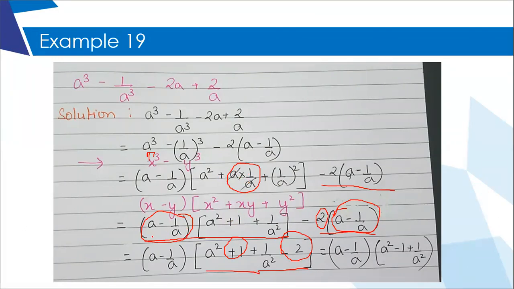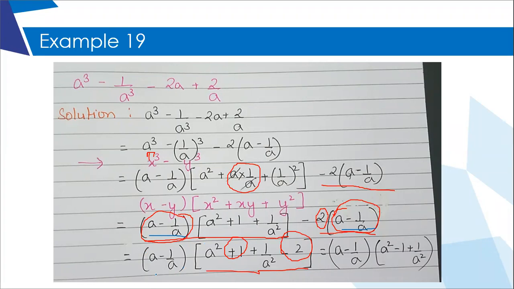And then from the first term, that is this circular bracket and this square bracket, the complete thing becomes the first term, and minus 2 into the circular bracket is the second term. From both the terms, I have taken a minus 1 upon a common. Can you see, Girija? Yes, ma'am. So isn't it common available to me in the first term as well as the second term? Yes, ma'am. Right, so I've taken it out common.